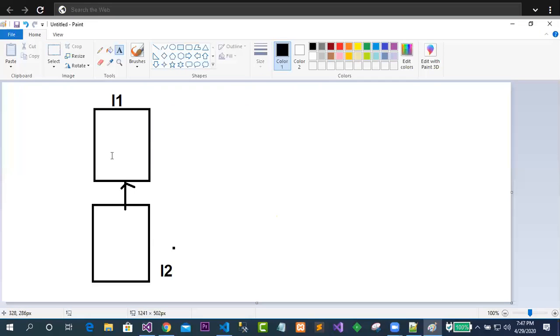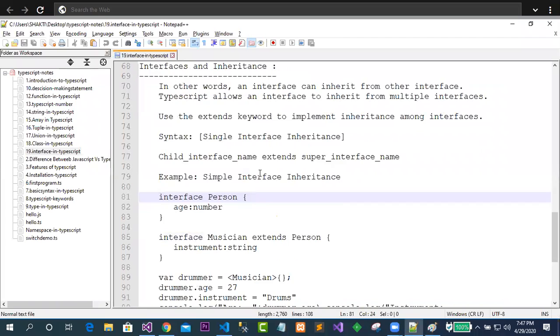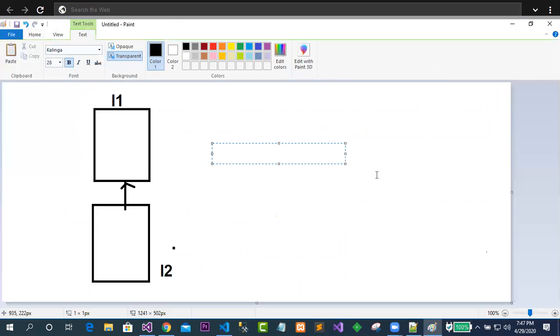What is the meaning of this one? Let me explain how the code will be written for it. What is the syntax for writing this? Just try to observe. Look at single inheritance. What is the concept here? Child interface name, extends, super interface name. Which one is the child here?